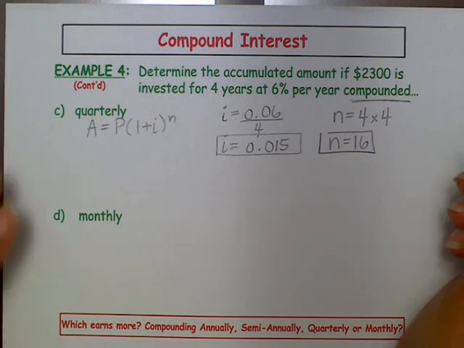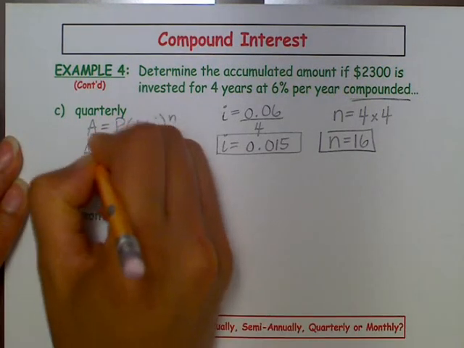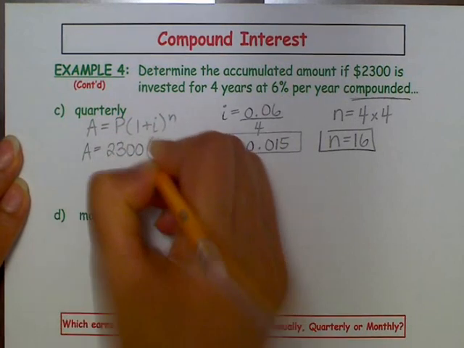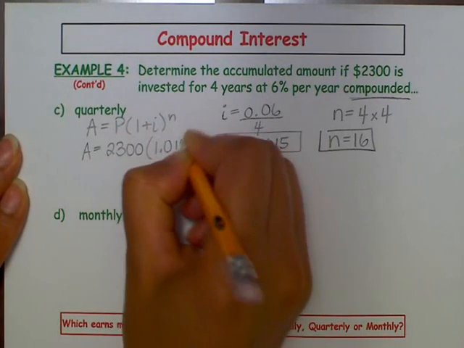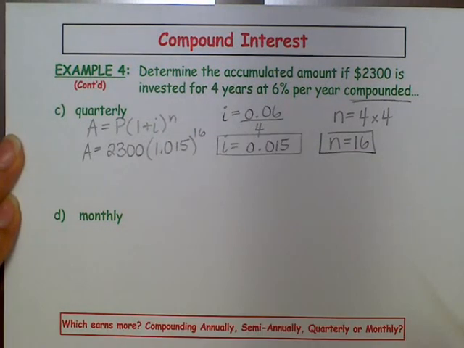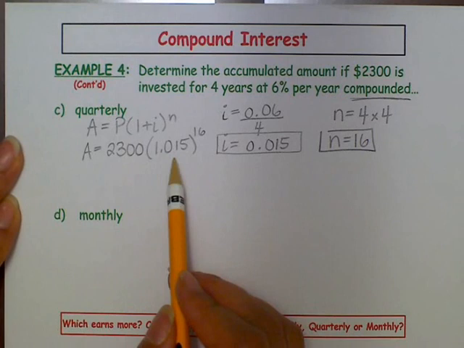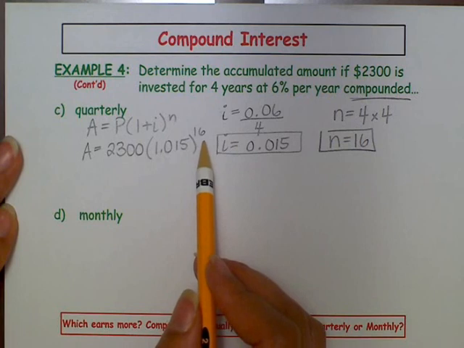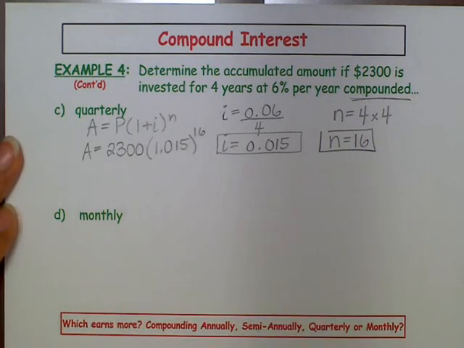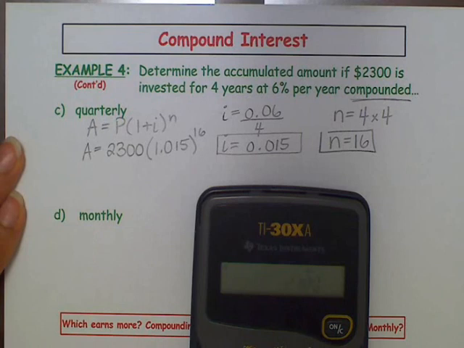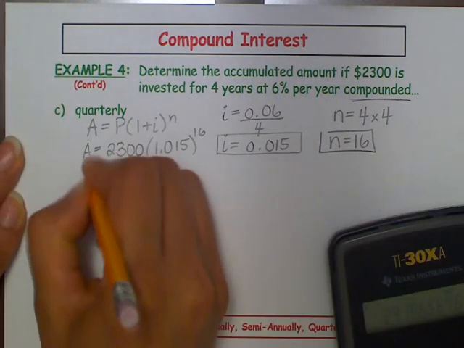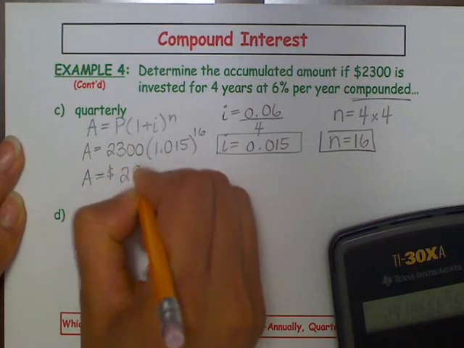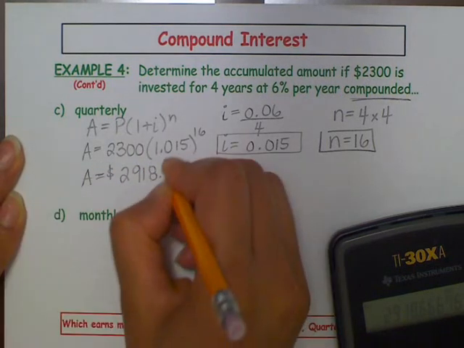Now if I substitute in the information that I know, I get 1.015 to the exponent 16. And again, if you compare this to what we had previously, the growth ratio is actually a little bit smaller, but the number of times interest is compounded is a little bit higher. And so let's see what that does to our total accumulated amount. So 2,300 times 1.015 to the exponent 16 gives me $2,918 and about 67 cents. So this is approximately